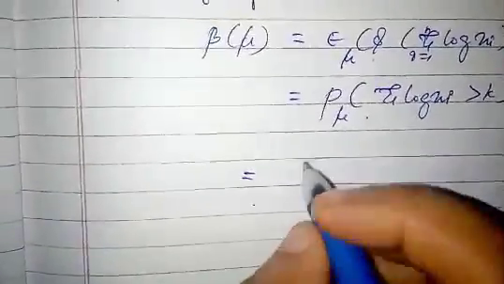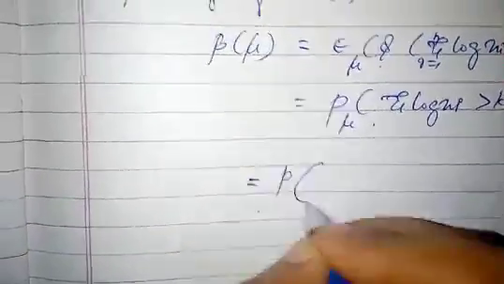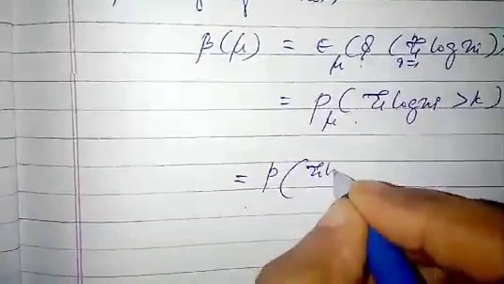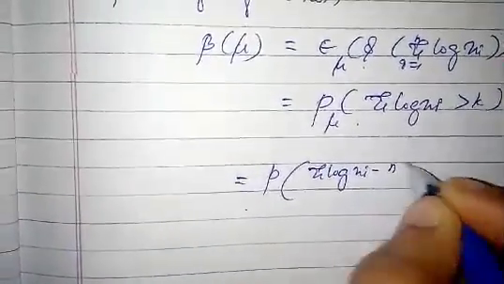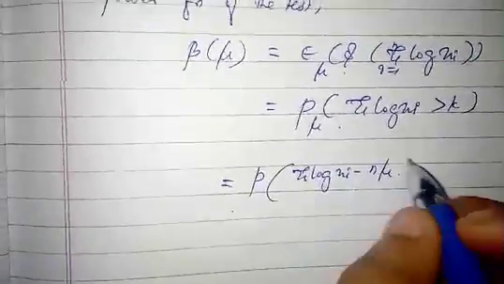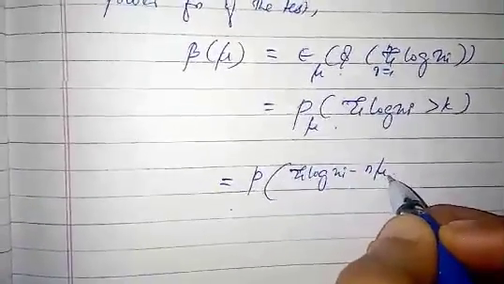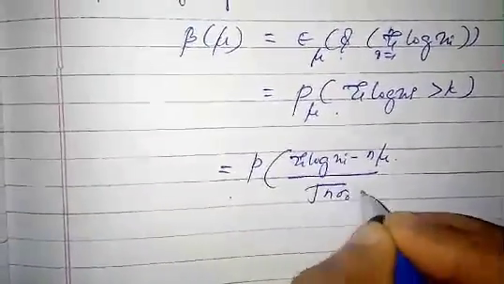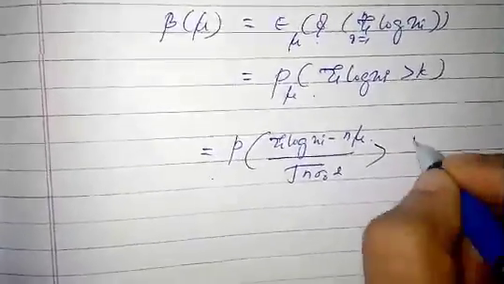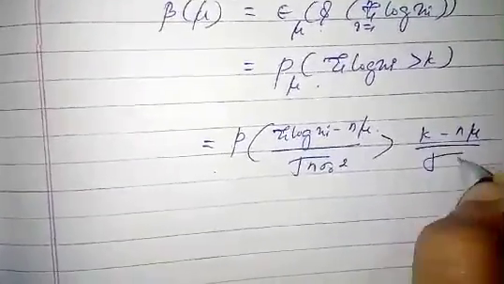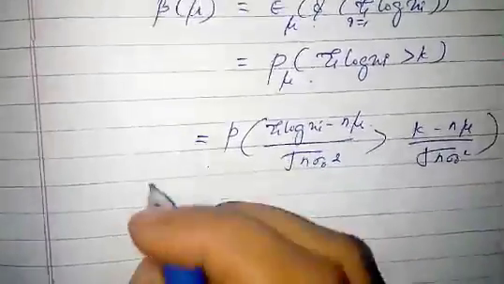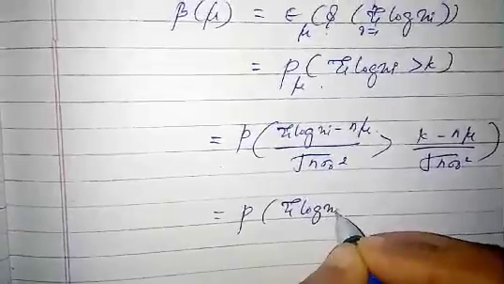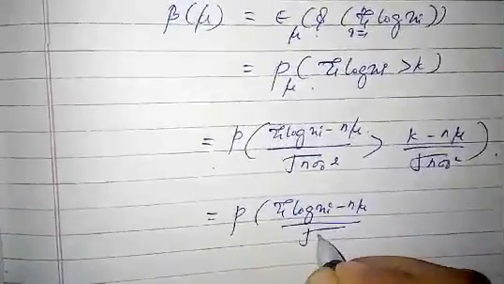So which implies it is equal to the probability of, we can make this a standard normal, right? For that, summation log xi minus its mean, that is n mu, under the parametric space. So here, instead of mu naught, you say mu, divided by square root of n sigma naught square, which is greater than k minus n mu divided by square root of n sigma naught square, which is equal to the probability of summation log xi minus n mu divided by square root of n sigma naught square